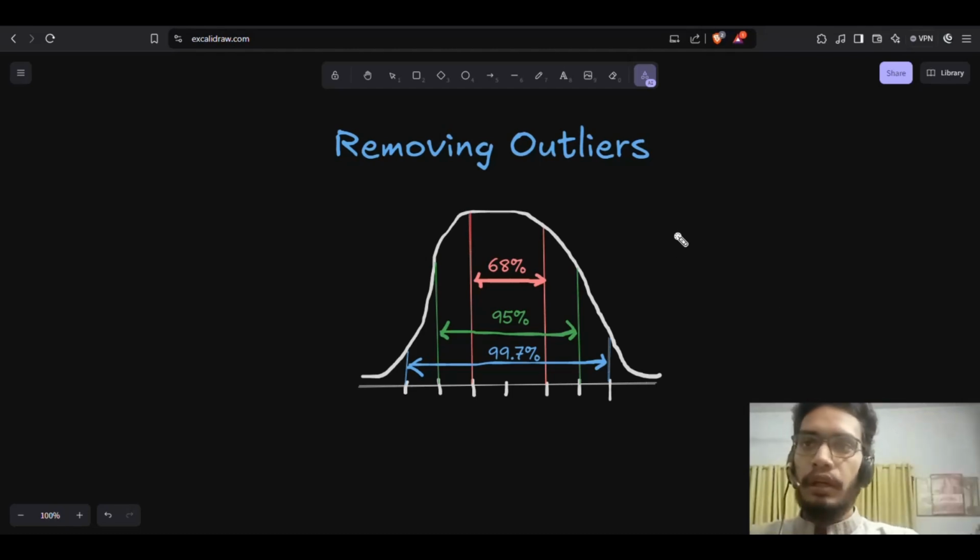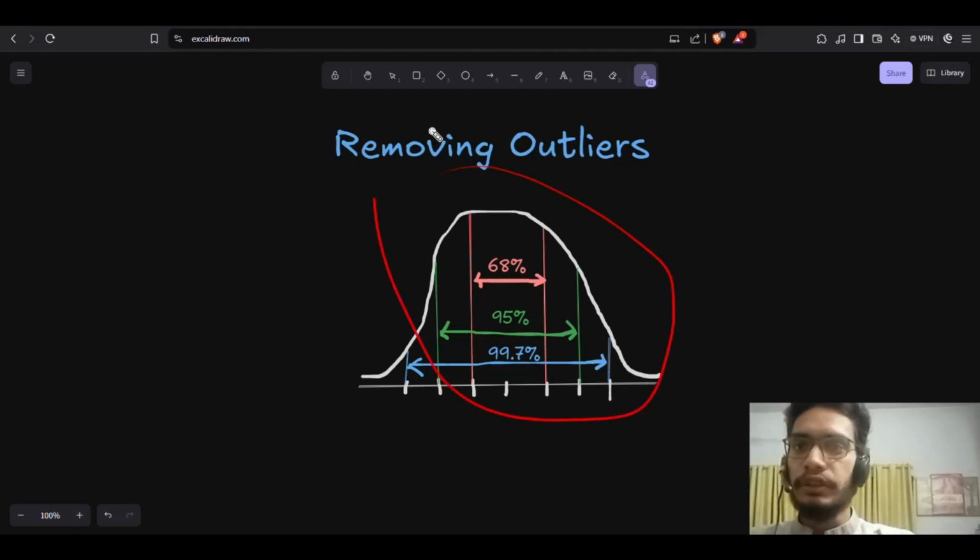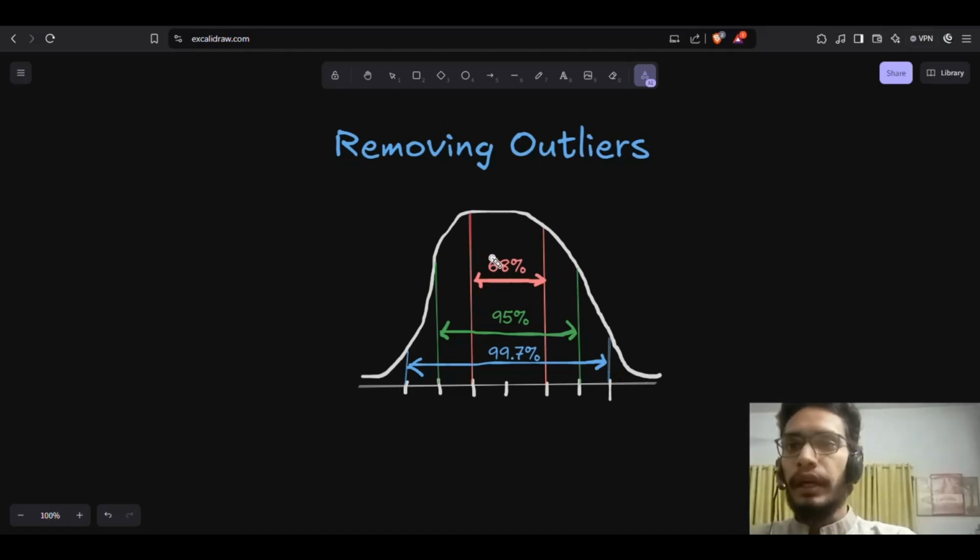IQR method. Before that, I just want to revise this standard normal distribution that you see. I already told you about that. If this is your mean, then these are your standard deviations: first, second, third, first, second, third. So these are the three standard deviations. In the first standard deviation, 68% of the total data is present. In the second standard deviation, 95% of the total distribution is present. In the third standard deviation, we have 99.7% of the data,